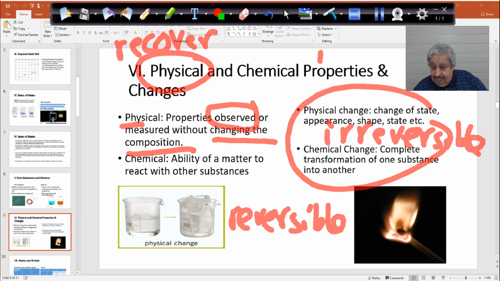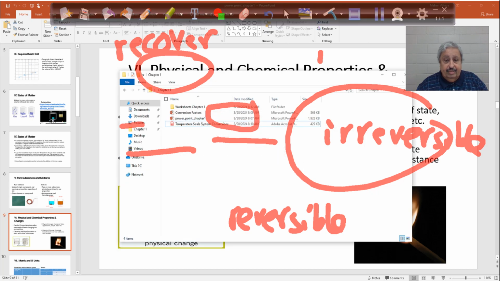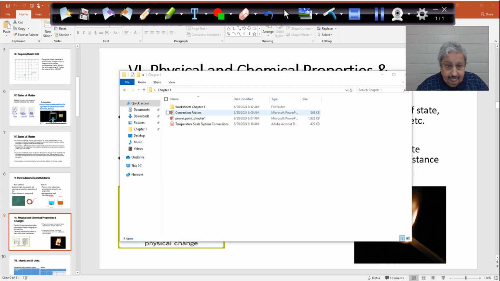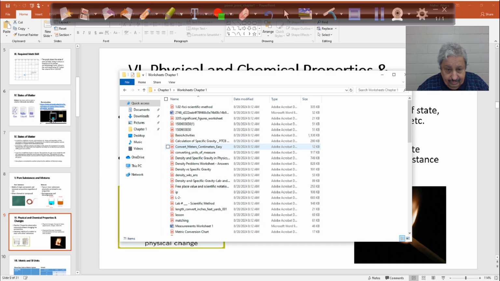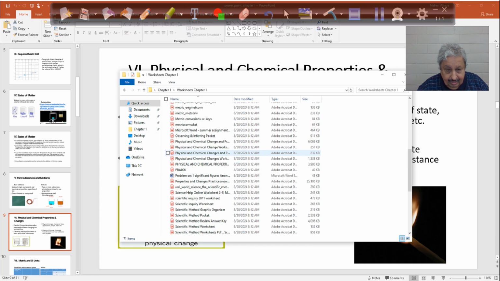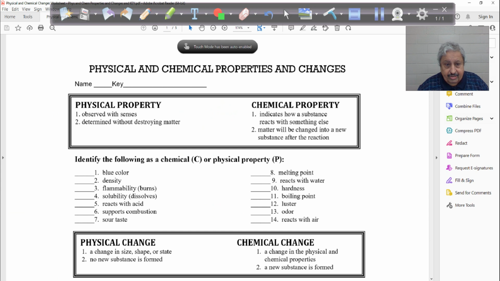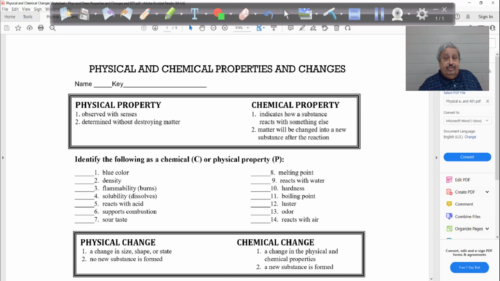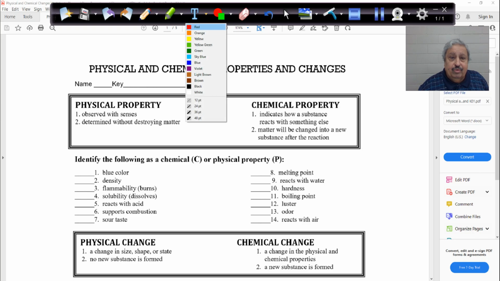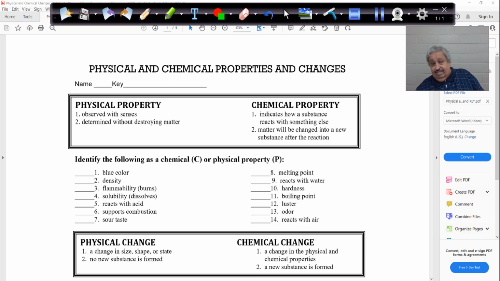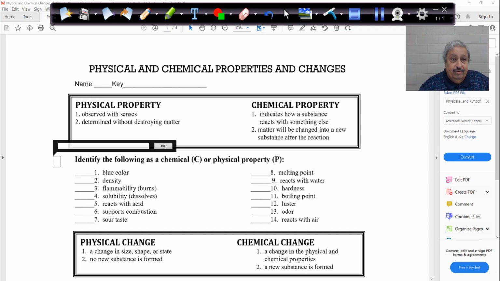Okay, guys, we have 4 minutes. We can look into worksheets here. And let me take this one out. I want to see a worksheet here for physical and chemical, and then we'll come back in. So here, guys, look at that and tell me. We'll do this one here. We still have 3 minutes. So by identifying here,